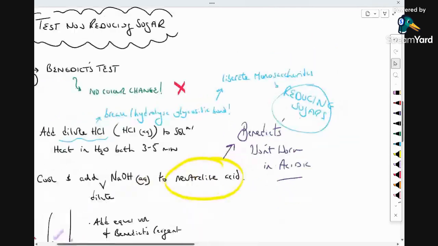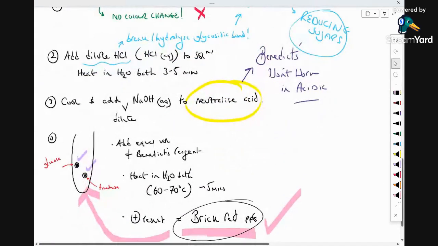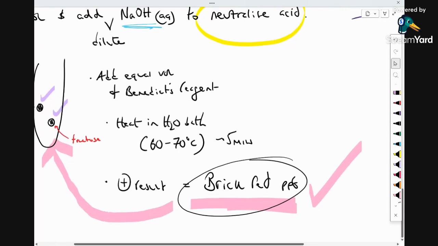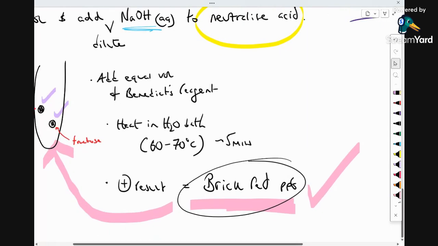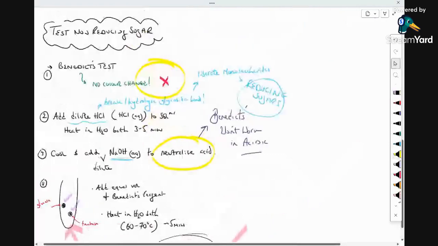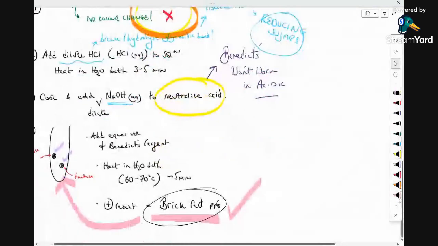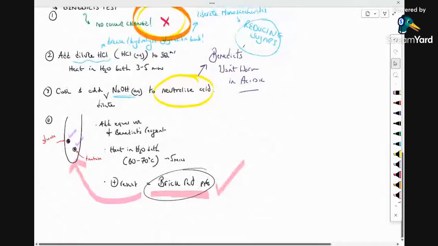All you then have to do, please don't forget, is that because you've added acid, you need to neutralize the acid, usually with sodium hydroxide. You can use sodium hydrogen carbonate as well, and just add that slowly, spatula-wise. And then you repeat Benedict's again. If I do it in yellow, you've got a negative result to start with. Actually, you might not see that. Negative result to start with, but you then hydrolyze the glycosidic bond and you end up with a positive result